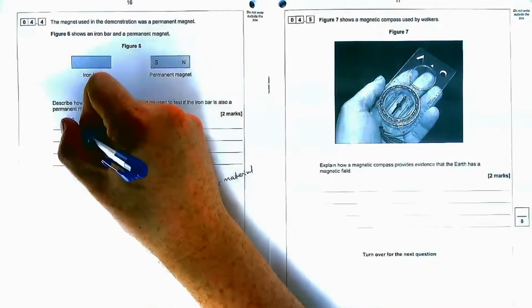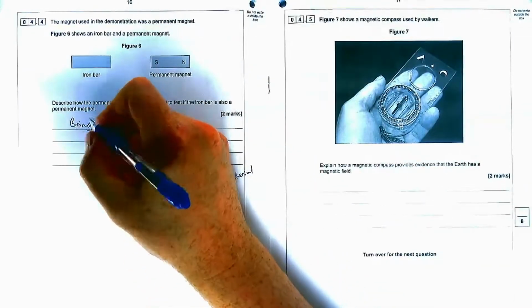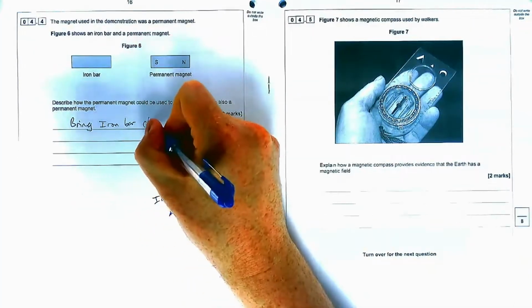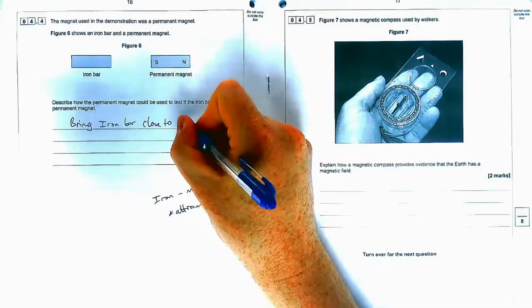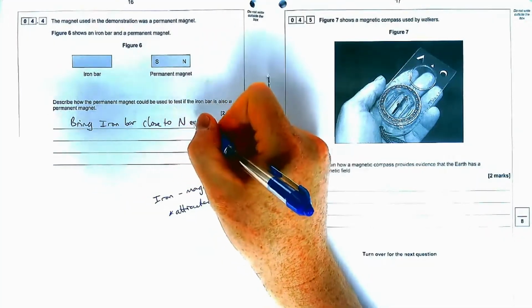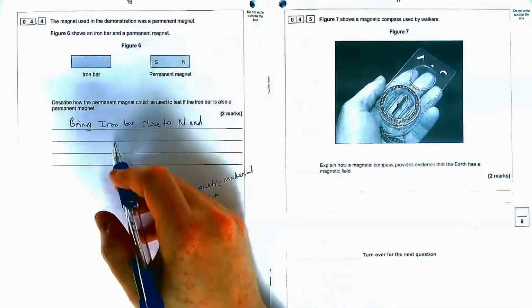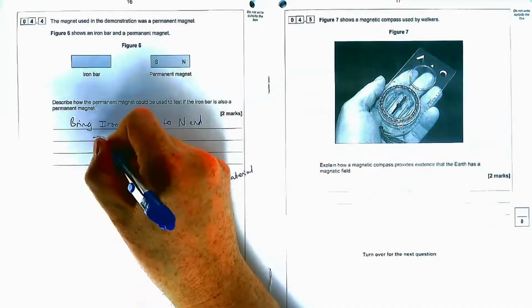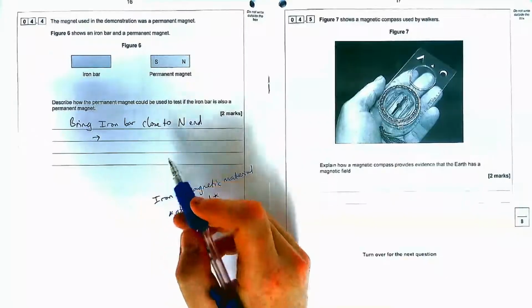Let's say the north end. Then we'd see if it attracts or repels. Now, if it attracts, we know it could be either, and if it repels, we know it's definitely not an iron bar. So north end and south end,